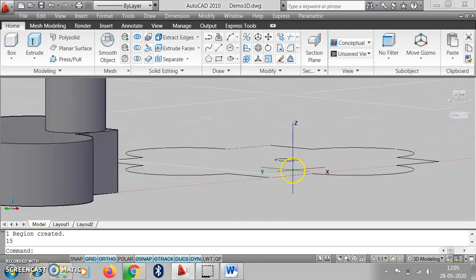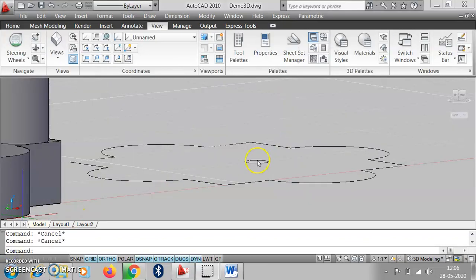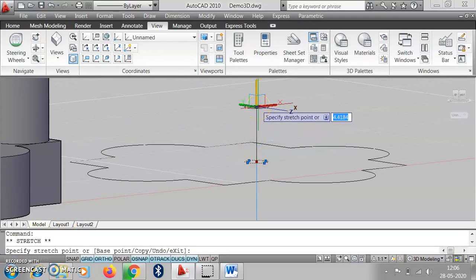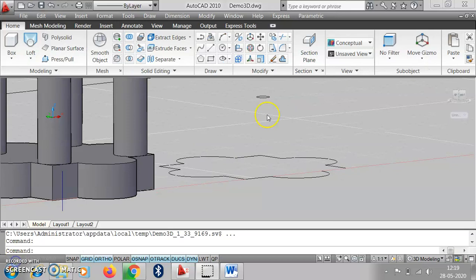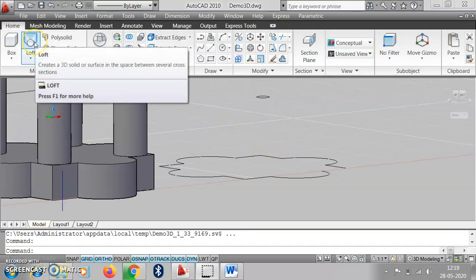Then we can shift this circle in the y direction using the gizmo, suppose up to 10, then we extrude this part using the loft command.